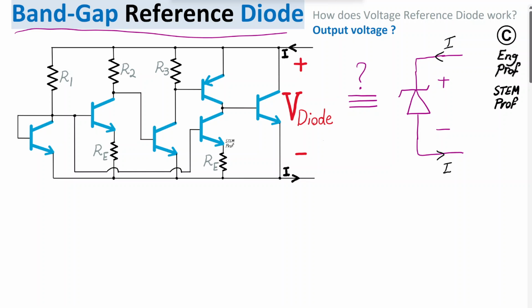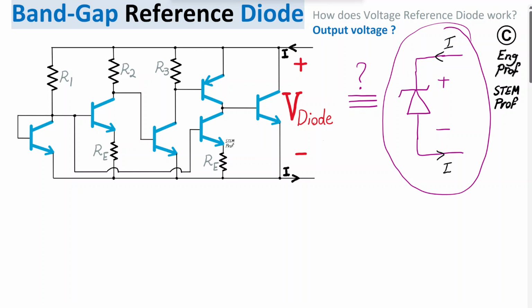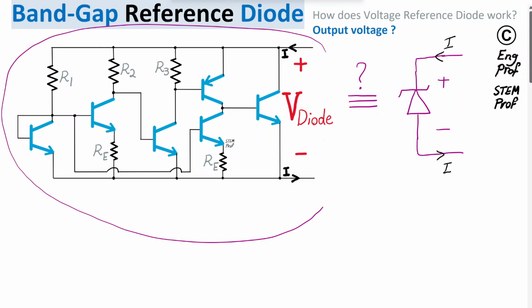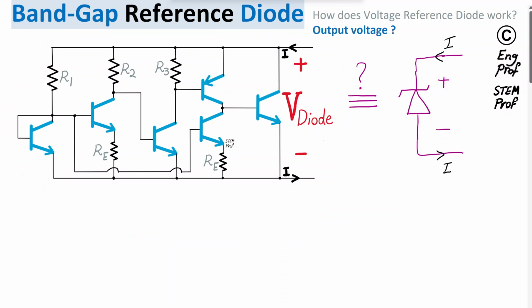How to design a bandgap reference diode circuit, how does it work, and what are the applications for this circuit? These are the questions that I discuss and answer in this video. Similar to the idea of Zener diodes, there are many practical applications for providing a fixed reference voltage between two terminals. This is exactly the idea behind the reference diode based on bandgap, which means that between these two terminals at this port,